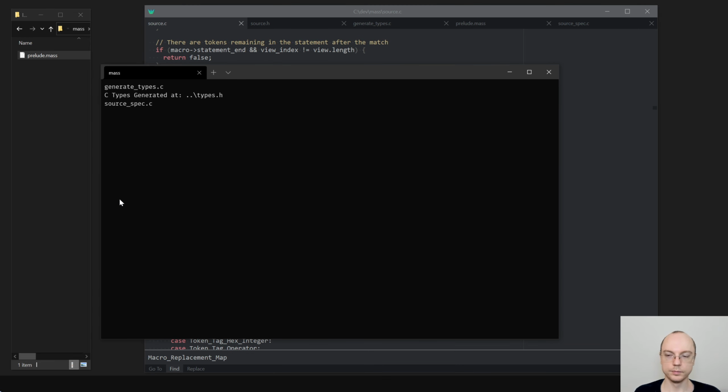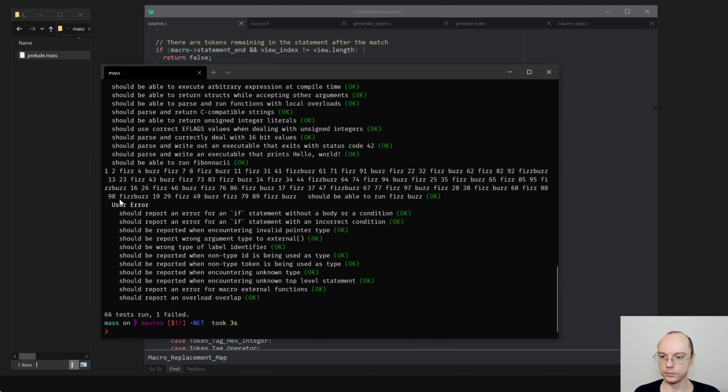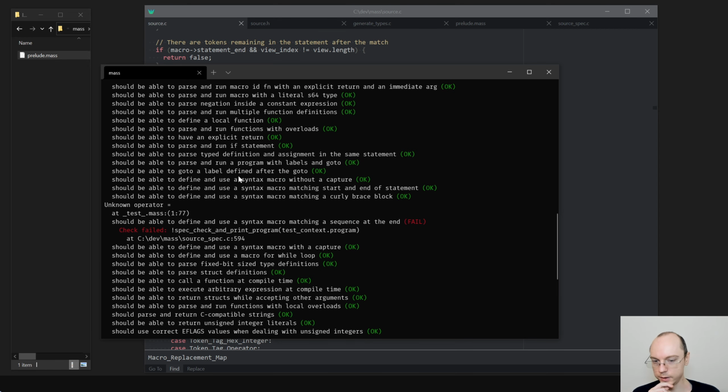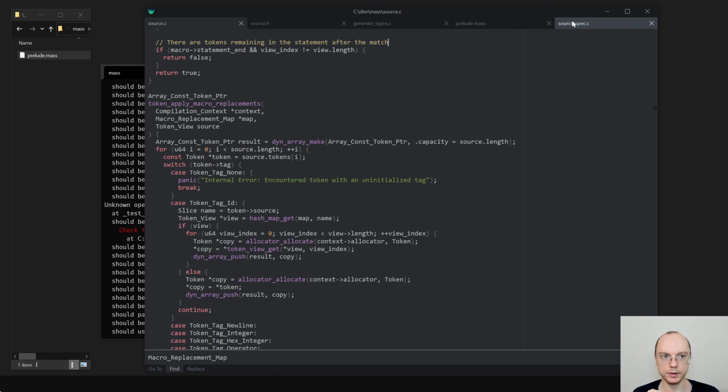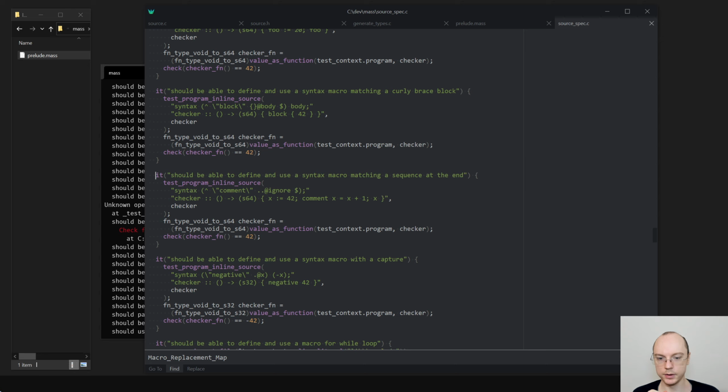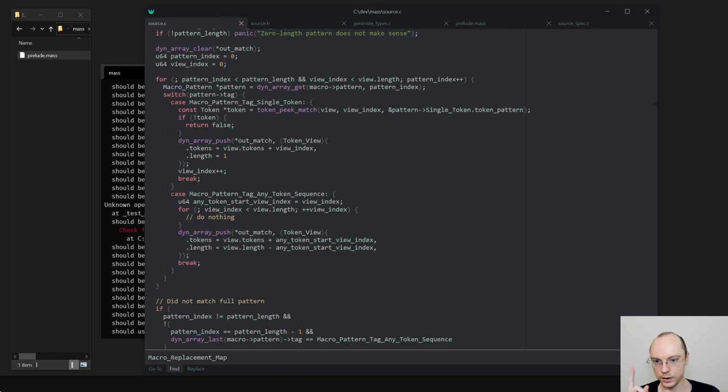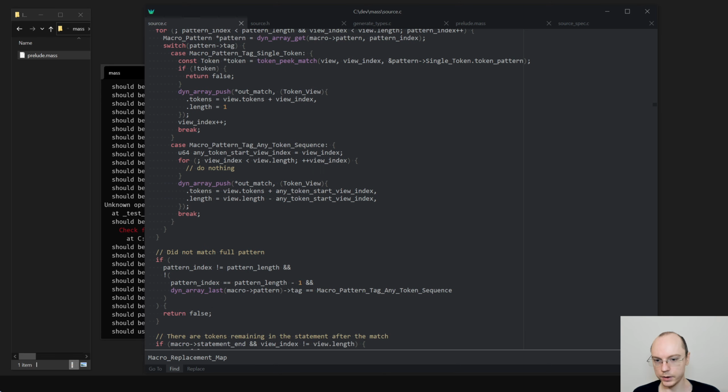Let's try it. Okay, we are no longer crashing, but we are not working either. A known operator equals. Should be able to define and use as index macro matching a sequence at the end, and it is yes. No, it should be fine.